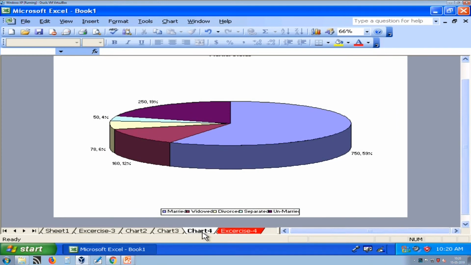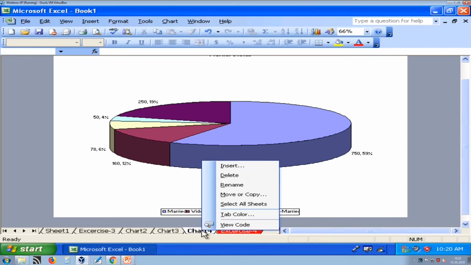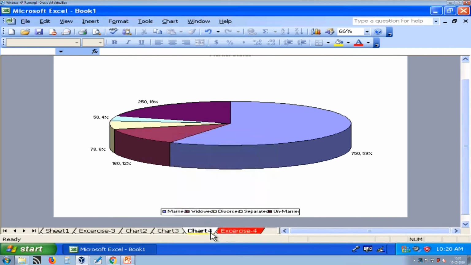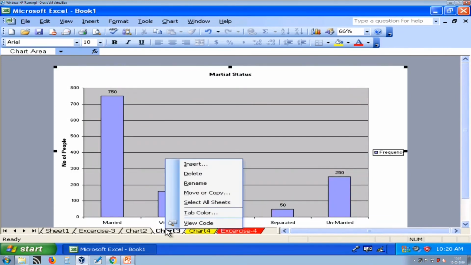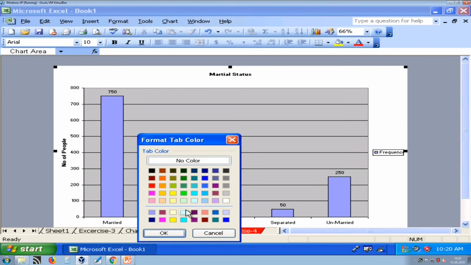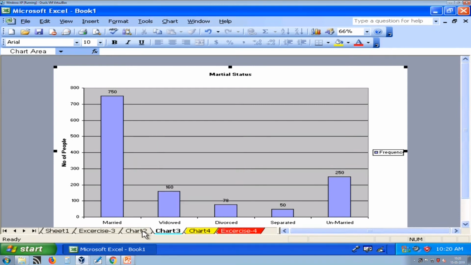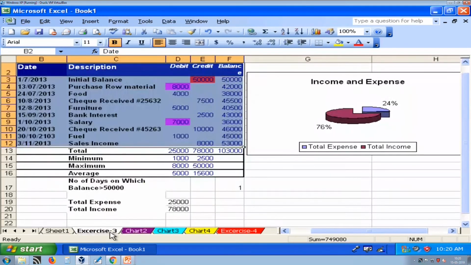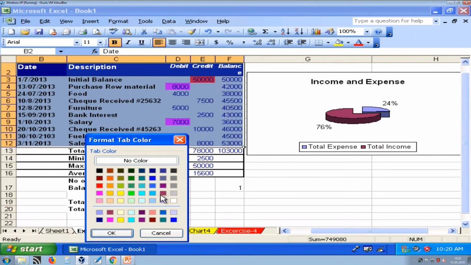So, here you can see my exercise 4 tab becomes red. Now, similarly, you can give various colors to differentiate between sheets. So, I am giving different color to my sheet, so that I can quickly identify without looking at name.